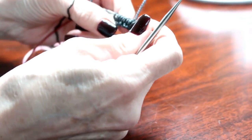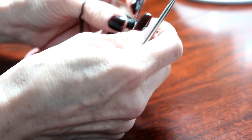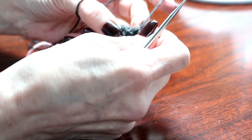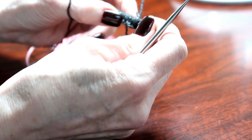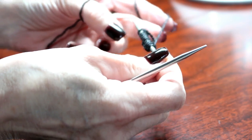Okay, let's see, how many do we have? Without the slip knot, 2, 4, 6, 8, 9. So I have to cast on one more and put it onto the end of the needle. Okay, so I have 2, 4, 6, 8, 10, plus this